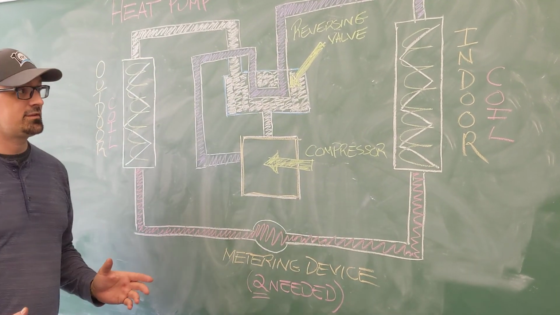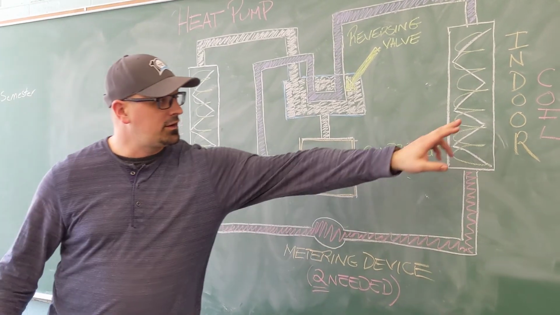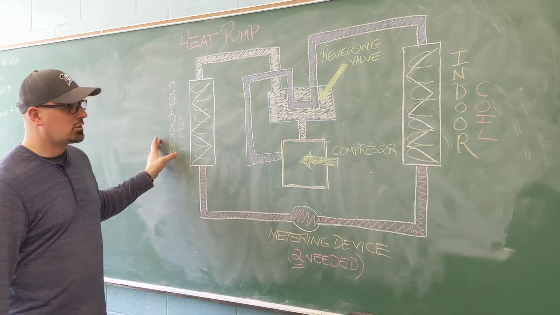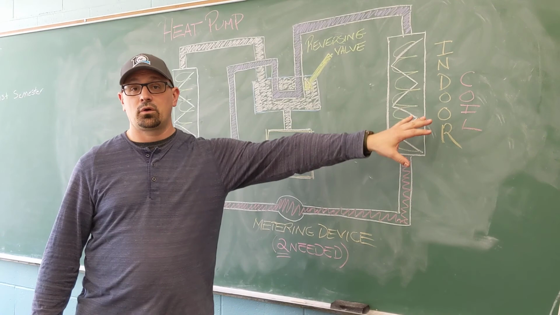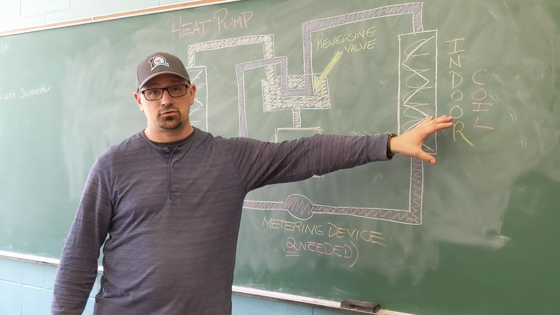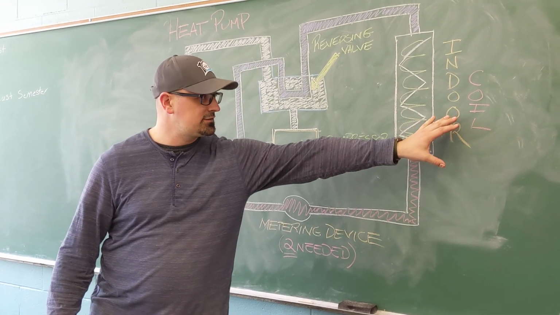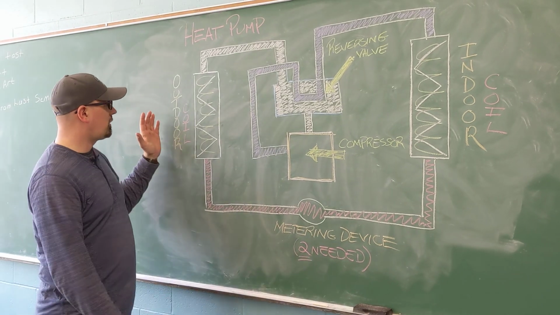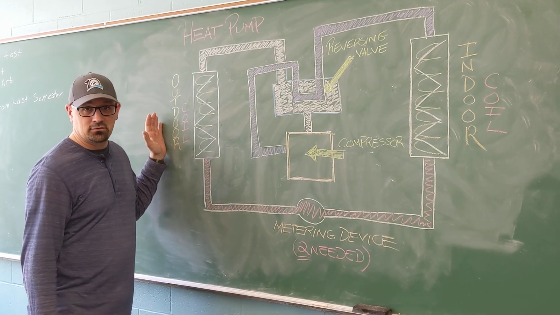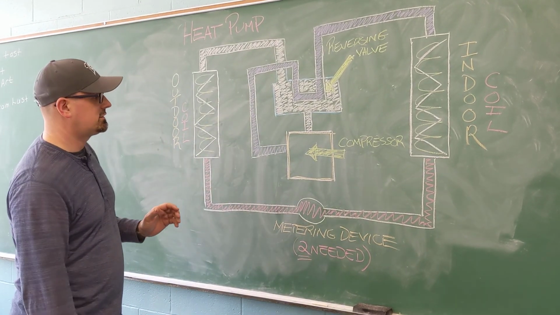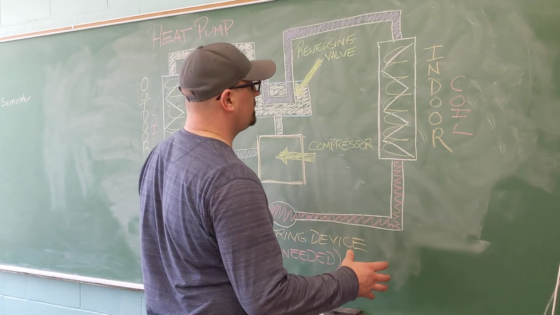So in a heat pump system, we refer to our indoor coil and outdoor coil. We do not refer to our indoor coil as an evaporator like you would in a traditional air conditioning system. We don't refer to our outdoor coil as a condenser as you would in a traditional air conditioning system. What you have is,